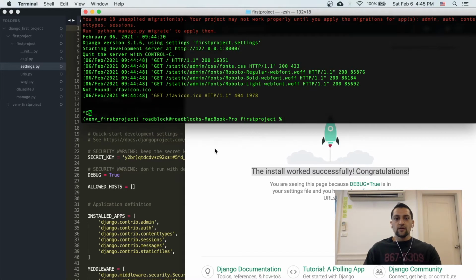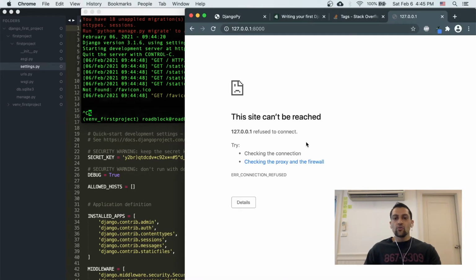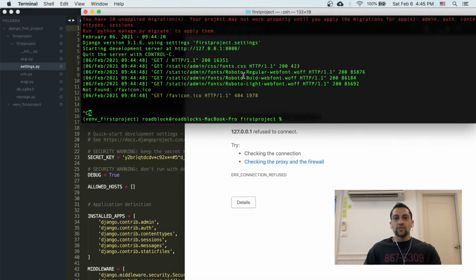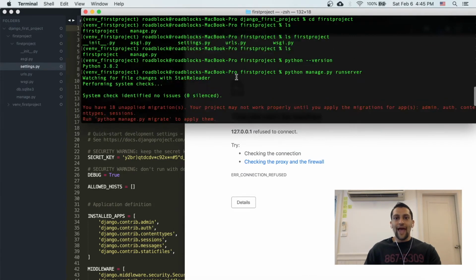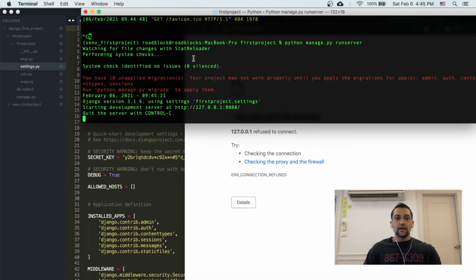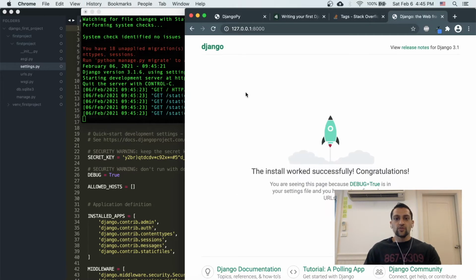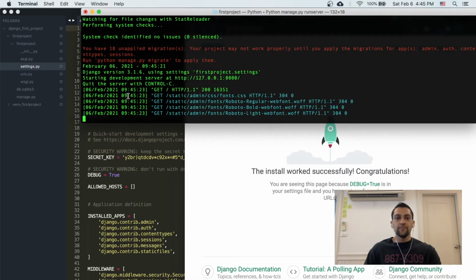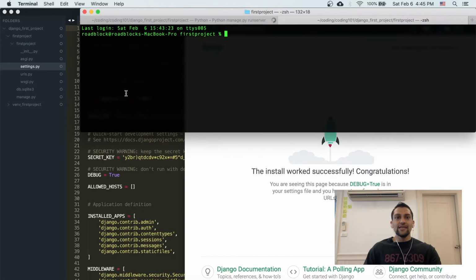If I close this with control C, what happens? Whoa, site can't be reached. So what that means is I have to keep this running in one window, so we're going to get used to using two windows. Okay, server is back here and now if I want to make changes I need another